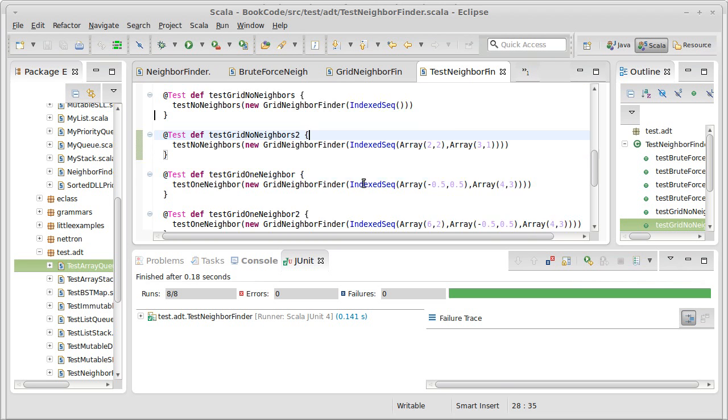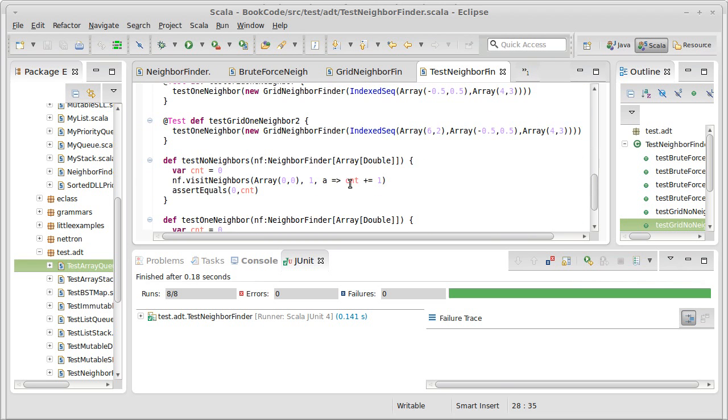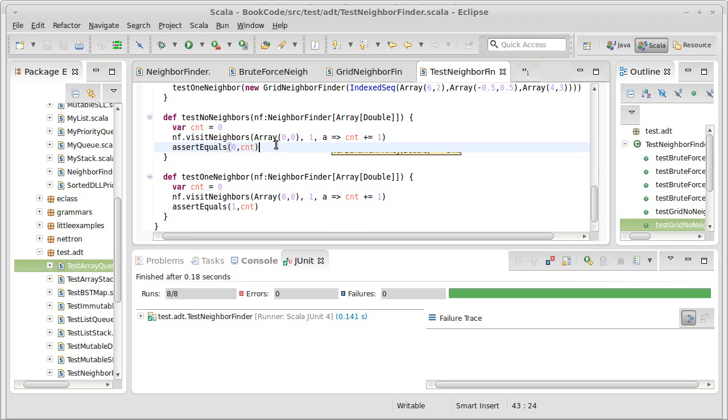Okay, this is still not very robust. It would be very nice to have some more tests where we have a large number of points and we make sure that enough of them are close by. But I'm not going to take the time in this video to write those tests. That remains as an exercise for the viewer. We'll come back in the next video and we'll see what the limitations are for grids, and we'll talk about how we can get around